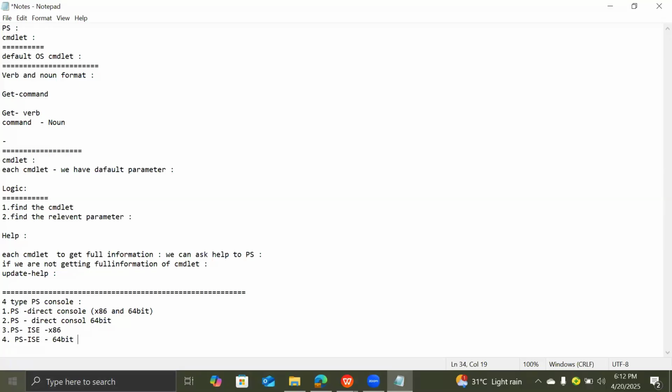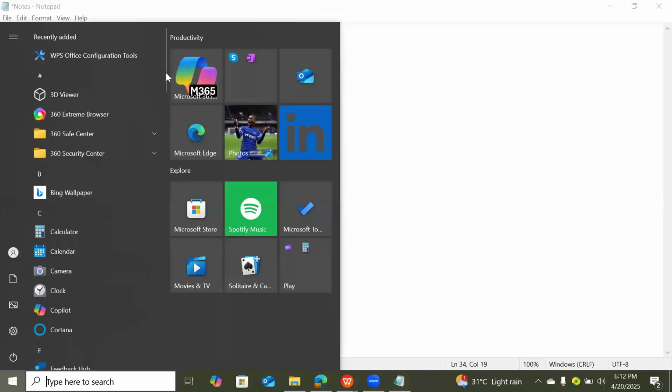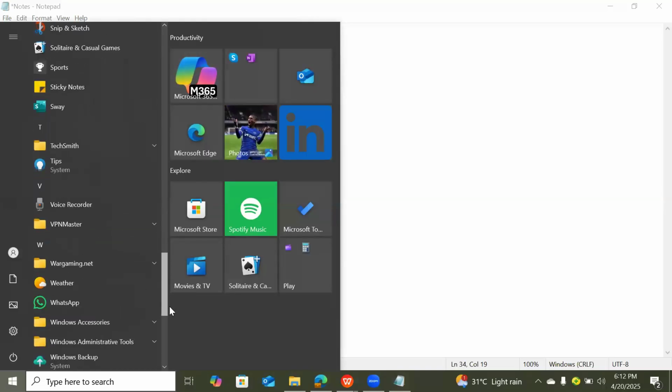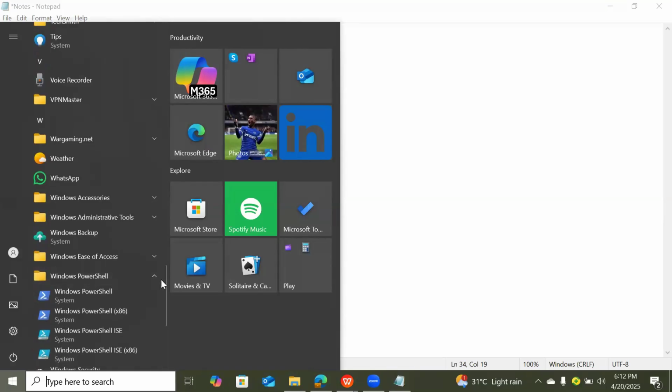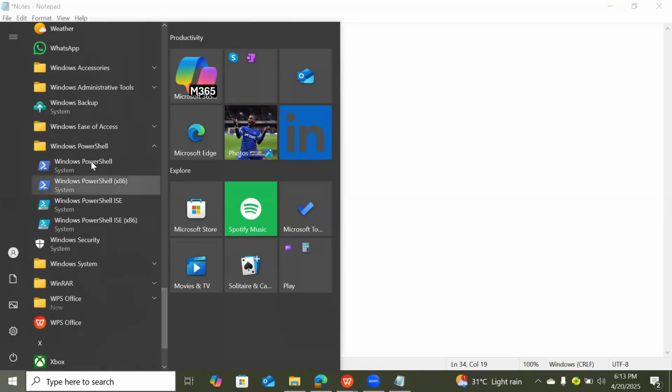If you go to the Start menu and scroll down, you have the PowerShell folder here, right? You would be able to see these four types of console. One is the direct console, which is 64-bit. x86 is 32-bit. Both are direct consoles. It is 64-bit ISE, Integrated Scripting Environment, and it is 32-bit x86. So if you open the direct console,